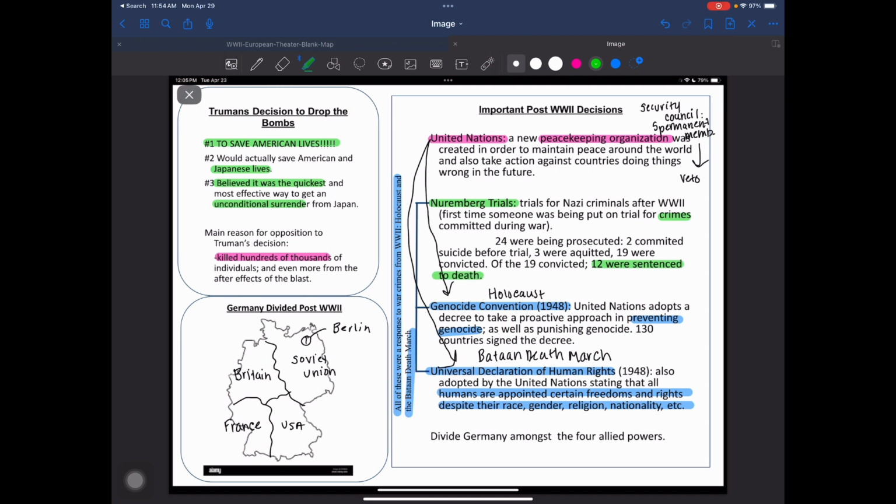But again, the significance of the Nuremberg trials, make sure you know it. I'm going to go ahead and write it right here. The significance is, this is the first time anyone was put on trial for war crimes. All right, and that should wrap up